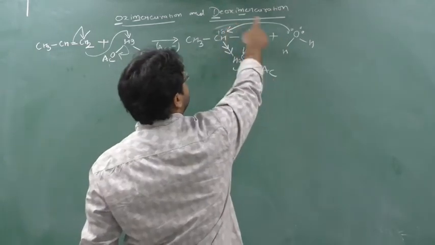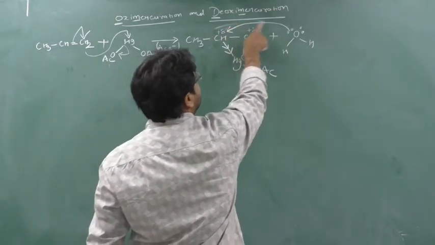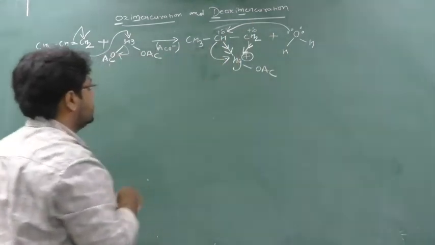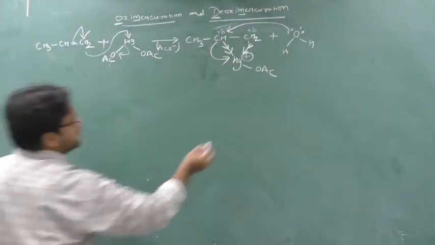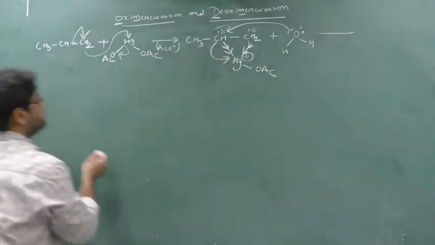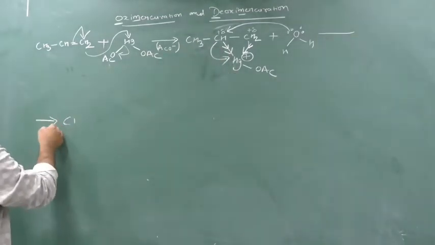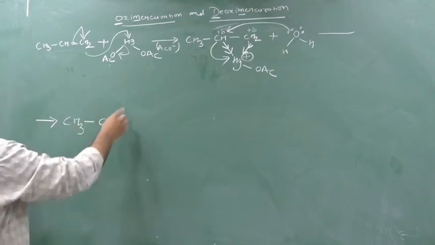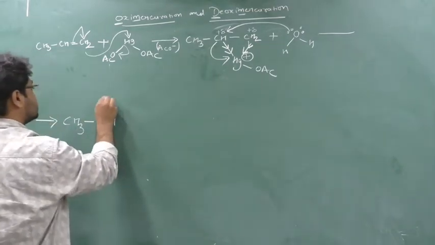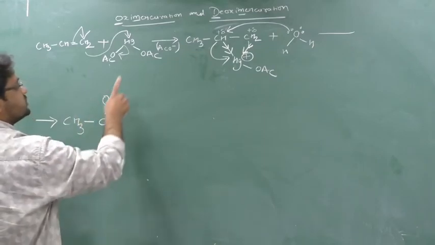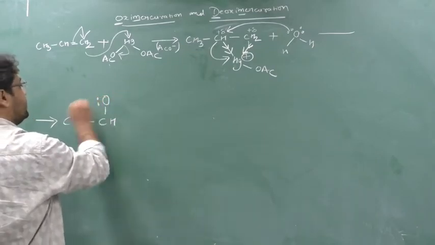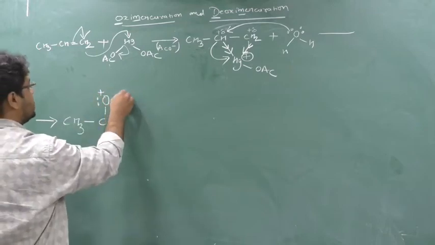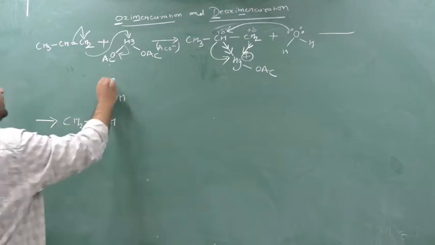So when oxygen is giving its lone pair to the 2 degree carbon, this CH is making one new bond. To make a new bond, it has to break the old bond. So see here, I am drawing at the bottom, there was CH3. Now this CH is making a bond with this oxygen, yes or no? One lone pair is given, and one who gives the electron creates positive charge, and there are 2 H here.